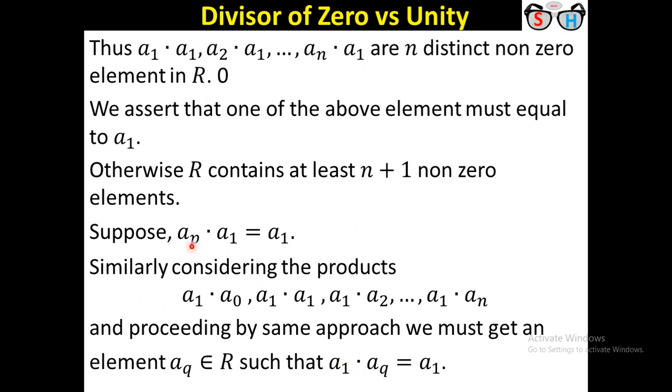Here ap plays the role of unity, and here also aq plays the role of unity. Actually ap is a left identity and aq is a right identity if a1 is arbitrary, but here I take a1 as a fixed element. If it holds for all elements in the ring, that is for a2, a3, then we can conclude that ap is a left identity and aq is a right identity, and then we have to show that ap equals aq. However, please remember the two relations, ap·a1 equals a1 and a1·aq equals a1. We use these two relations later.